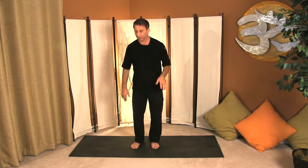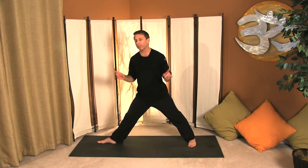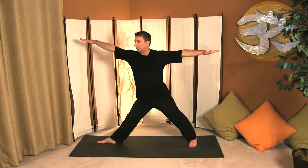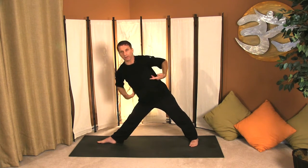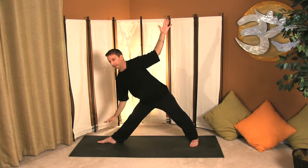And then let's open it up again, taking it into a warrior one, not a warrior one, I'm sorry, triangle, and then into a reverse warrior. So from here, big inhale, and I want you to exhale. On an inhale, I want you to reach, you want to get the length right through here, through the ribs, and then you want to get the extension, and then take that hand to the leg,